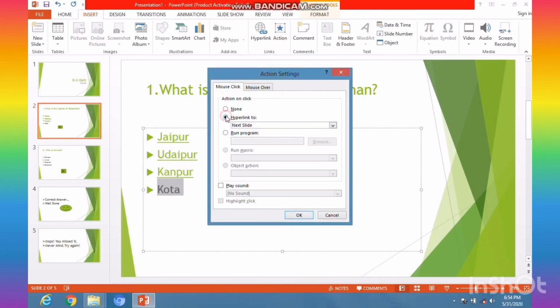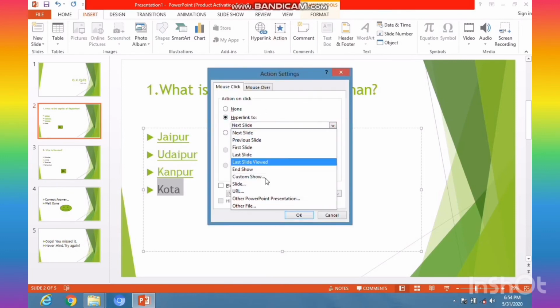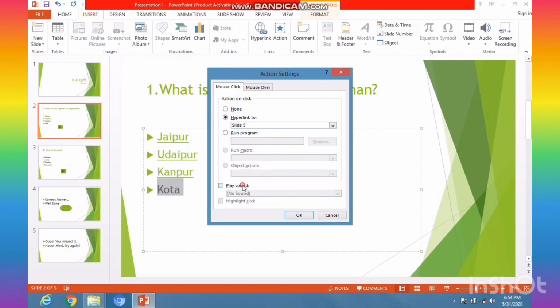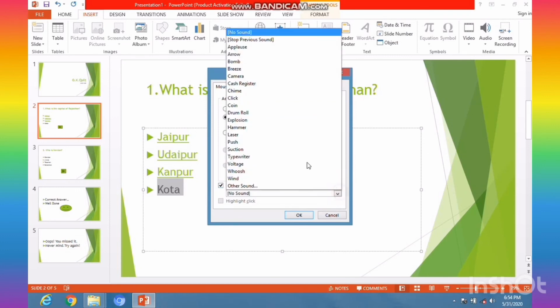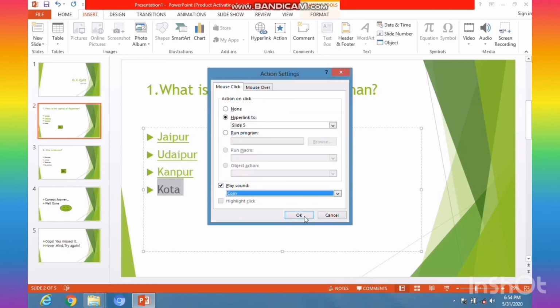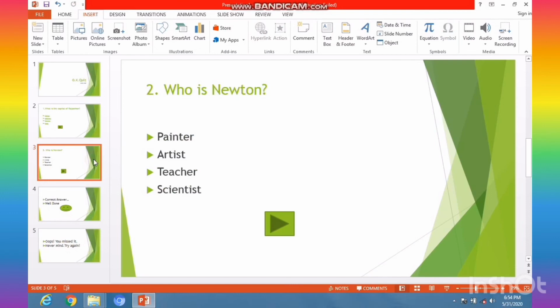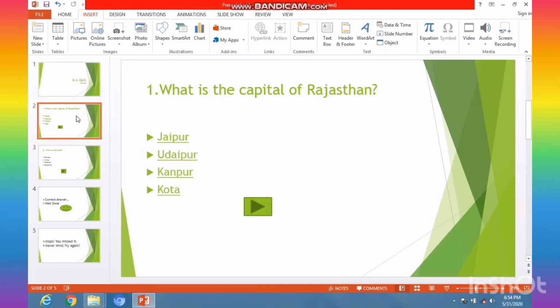Dear students, you have to try it at your home by yourself. You can make more options, you can make it more interactive with a number of transitions and animations, so it will be a beautiful project for you. So yes, now here this is the second question. I'm not updating the second question, just the same as for the first question we can do with the second question.